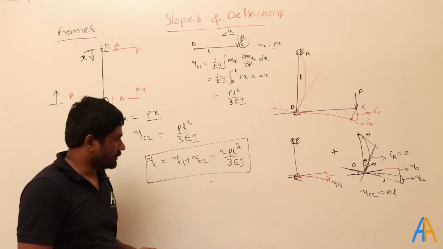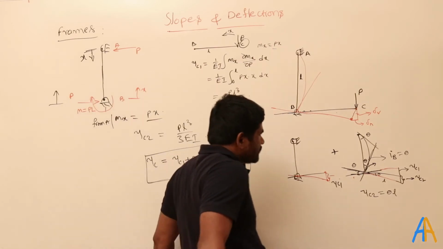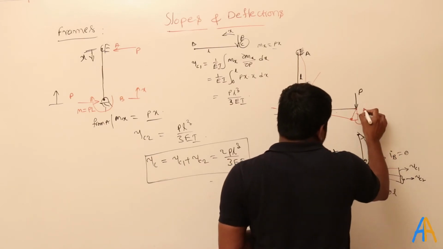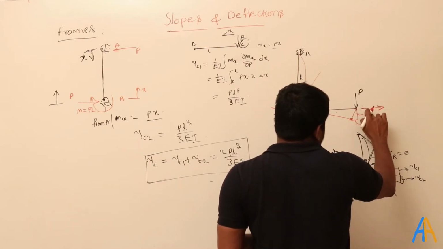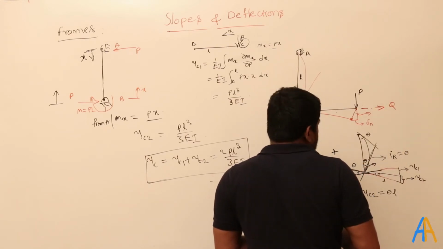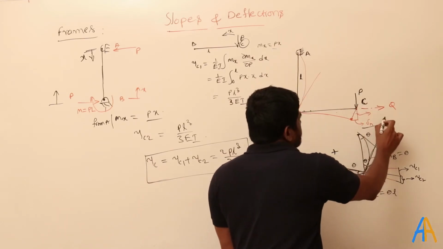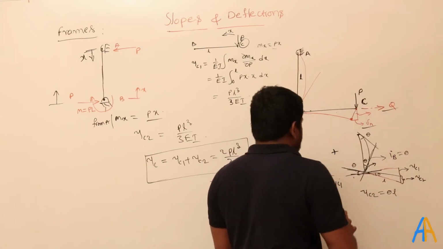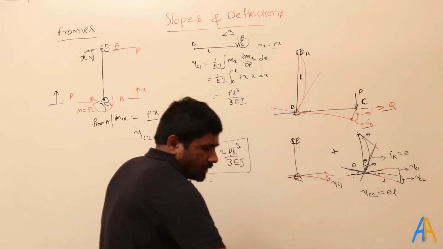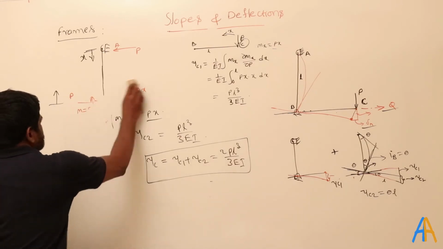Okay, using this method, it is also even possible to find out the horizontal deflection. Okay, how to find out the horizontal deflection at the point? Whenever you want to find out some deflection at that point, then you need to have a force in that direction at that point. So for horizontal I don't have any force, so I kept some imaginary force q here. When I kept some imaginary force q here, then again I need to draw the force diagram for BC as well as the AB.